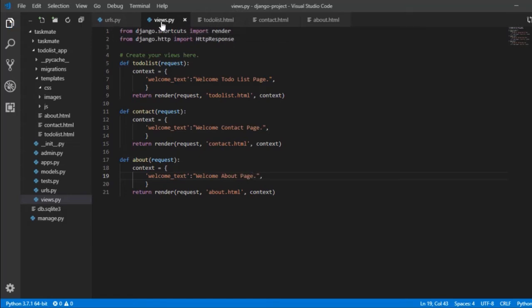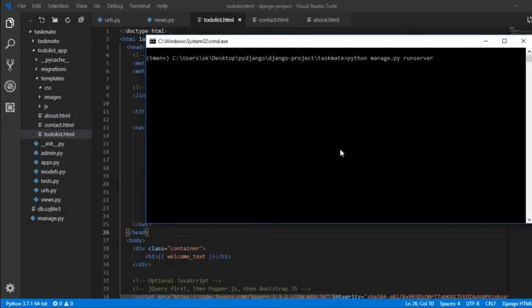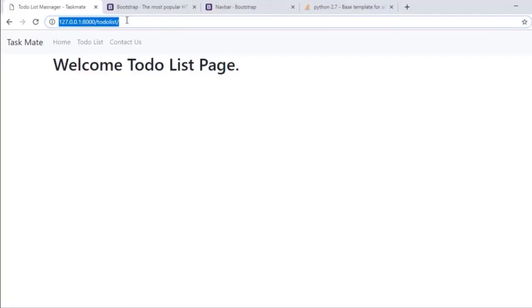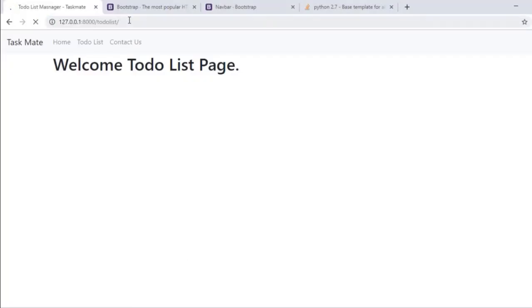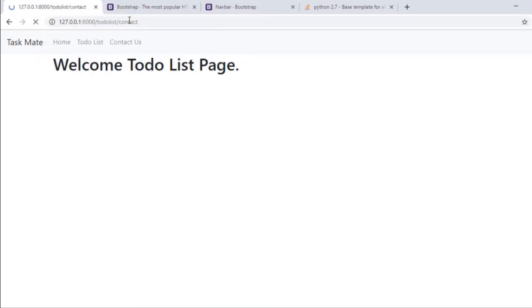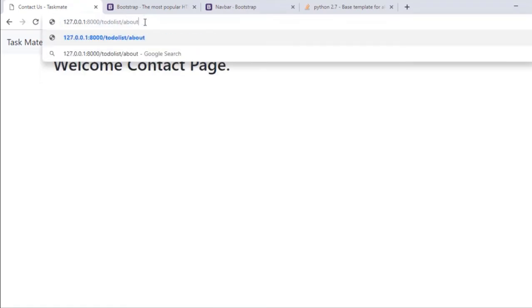Now we have 3 links, we have 3 views, and we have 3 different pages. Okay, let me run my server. Here you can see we haven't got any error, but if I jump onto my website, now this is to-do list working fine. Let me open my contact. This works fine. Let me also open my about us.